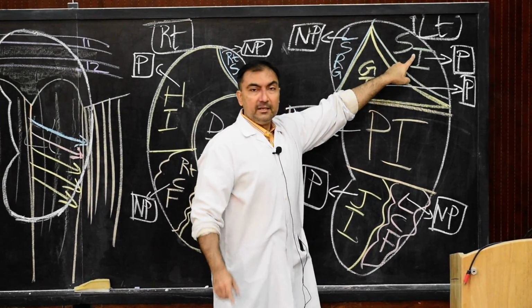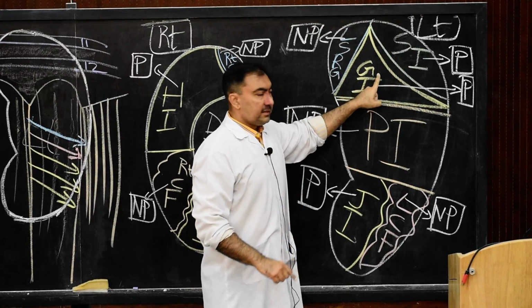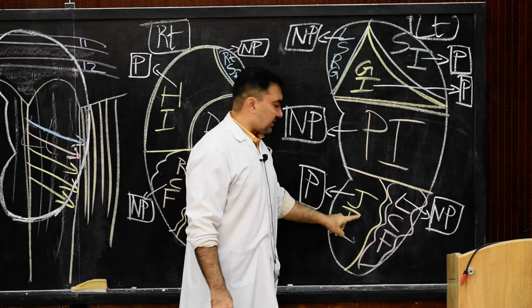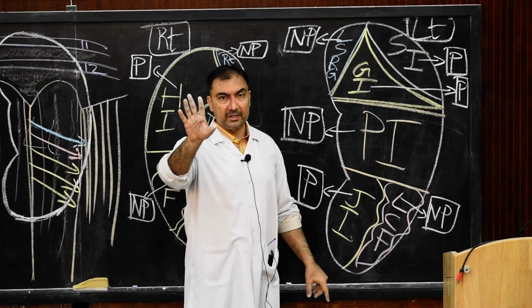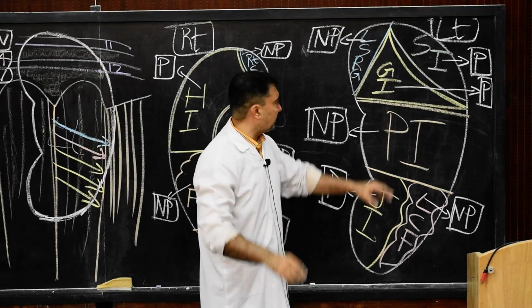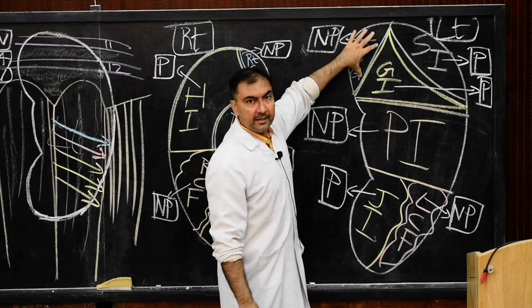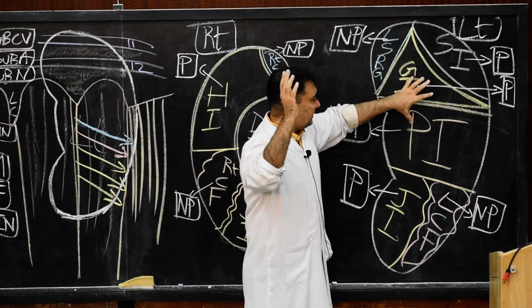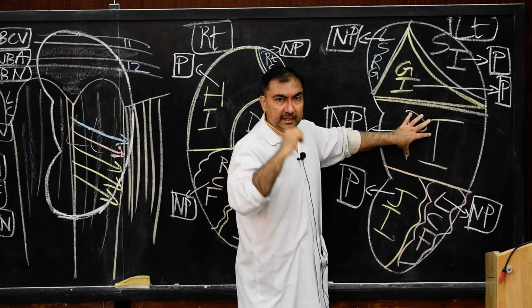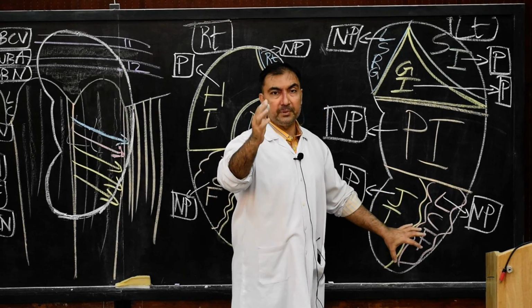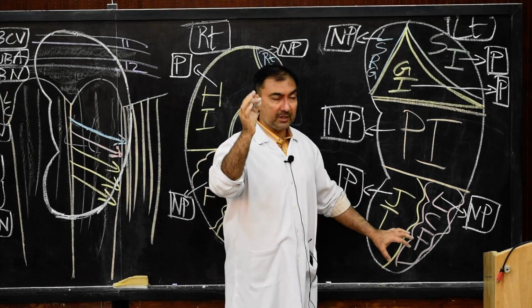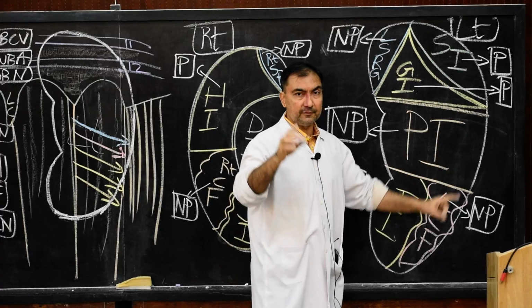The peritoneal will be splenic impression, gastric impression, jejunal impression. Splenic, gastric and jejunal impressions are peritoneal. The remaining are non-peritoneal. Which are non-peritoneal? Suprarenal gland, left suprarenal gland. Then we have pancreatic impression, and then the left colic impression, which is non-peritoneal. Please remember, please memorize. Many times it is asked in MCQs as a 1 mark question.